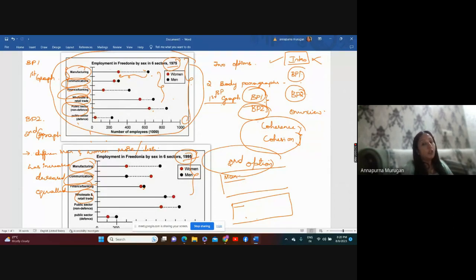You can see non-defensive public sector is the sector where we have more number of people working, while defensive public sector is the one where we see very less number of people working. And this trend is followed both in 1975 as well as in 1995, because the same thing has happened here. Okay, you can see that. That is also one point you people can talk about, isn't it? And